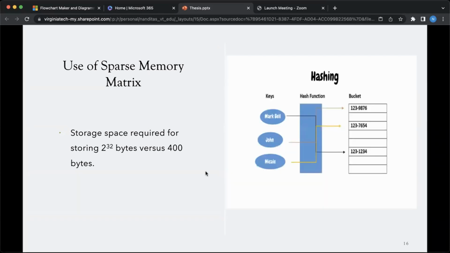or the conventional memory, why don't we use a data structure like a hash? Hashes are data structures which have keys and values. In our case, we can use addresses as the keys and instructions as the values, and we can store it in a very compact size of memory. So if we only have to use 100 instructions, we just need a memory of about 400 bytes instead of 4 gigabytes of memory. This will reduce our input state, and it will help us to fuzz much faster.